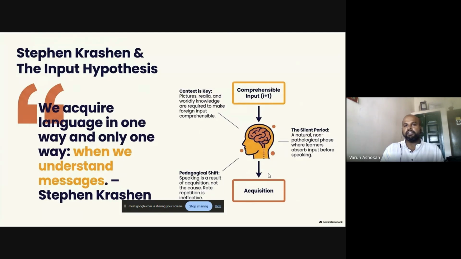He is famous for his input hypothesis. Stephen Krashen is an American linguist, and he has proposed an important theory. It is called interaction theory. It majorly focuses on how the child interacts. He also speaks about language acquisition and language learning. So in these five hypotheses, the first one is acquisition and learning, where he speaks about subconscious acquisition, picking up